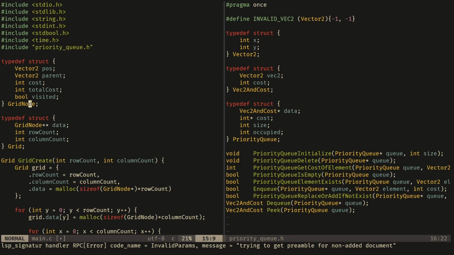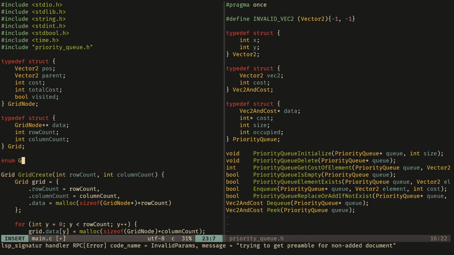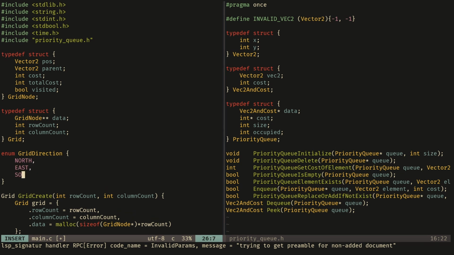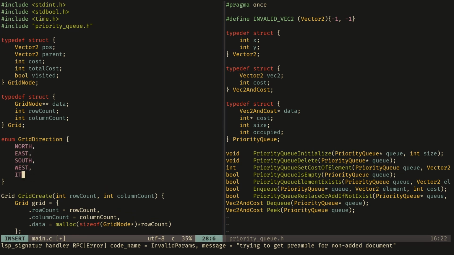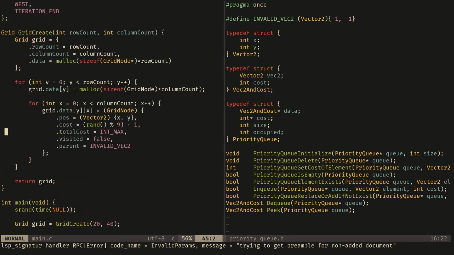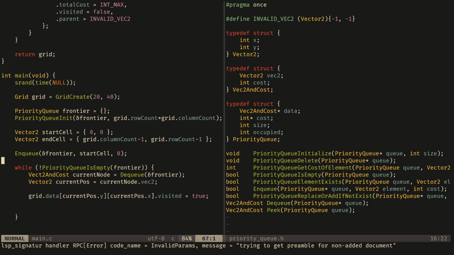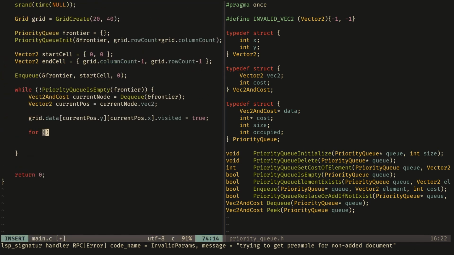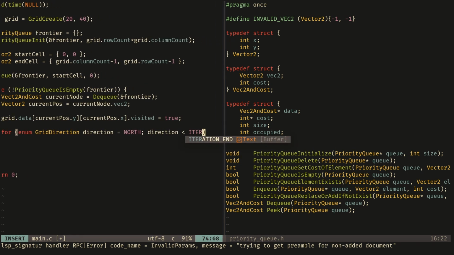And to do that, I'll create an enum to hold different directions. So we have grid direction, I'll call this enum. And this will hold different directions. So I have north, east, south, and we also have west. I'll also create a final value here called iteration end, and you'll see why I have that in just a moment. So I'm going to write a for loop down here to iterate over all the different directions we have. So I'll say for enum grid direction is equal to north, while direction is less than iteration end, I'm going